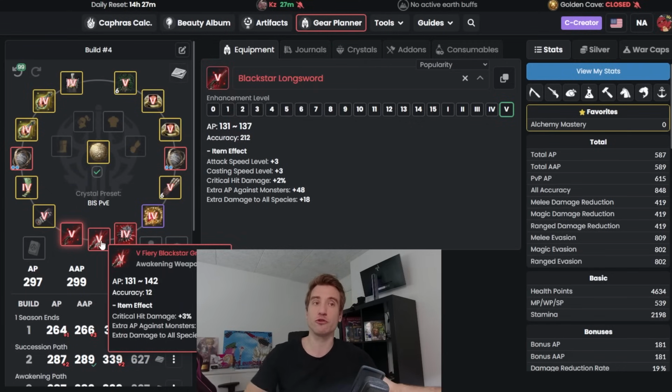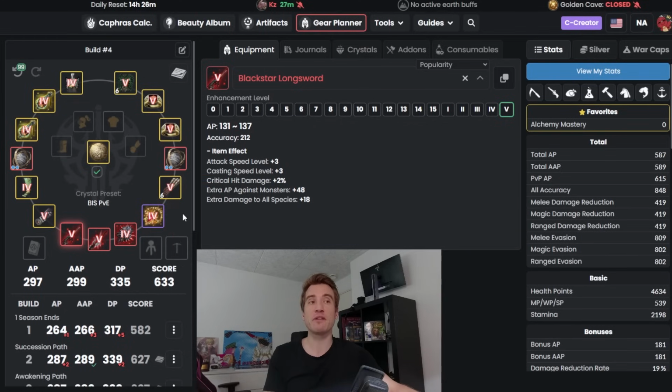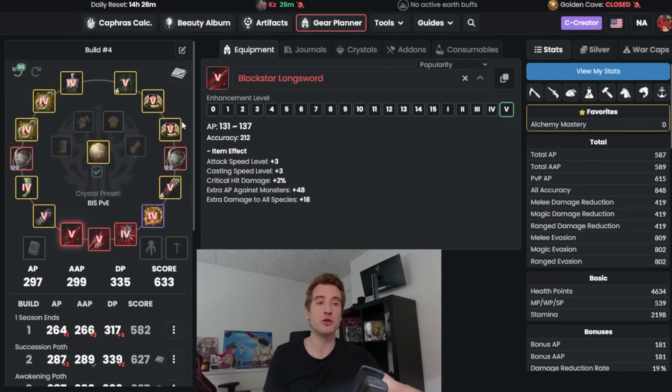Converting your deck to Valor to pin. You finish it off, right? You get this one here, and you do a bit of Caphras on your armors. You should be getting 3,000 Caphras stones from doing your Fuga quest line, 3k Caphras. You start working on those, and I would recommend